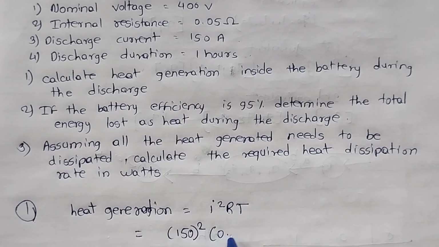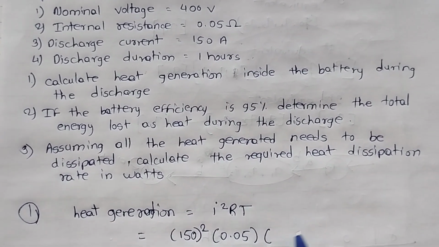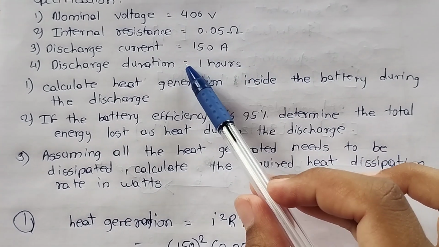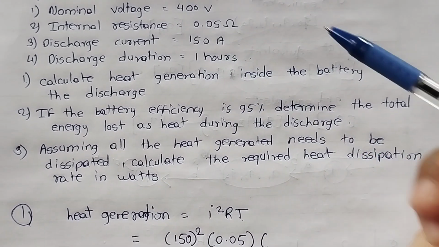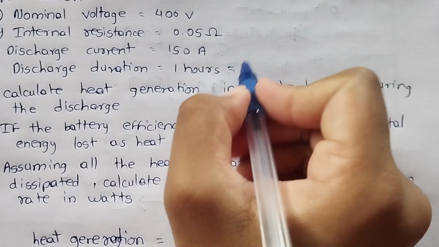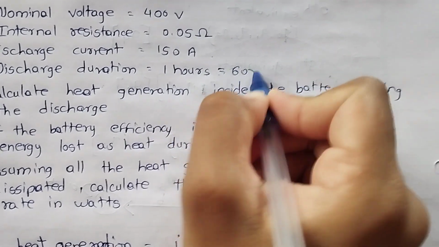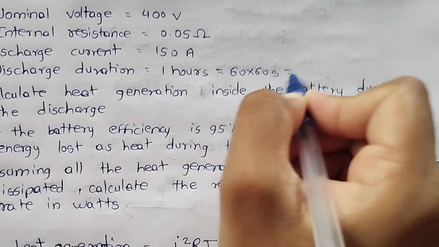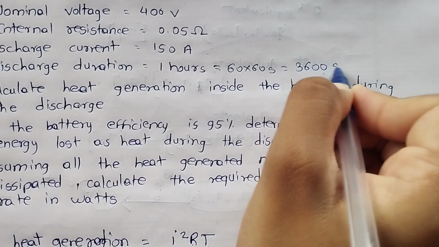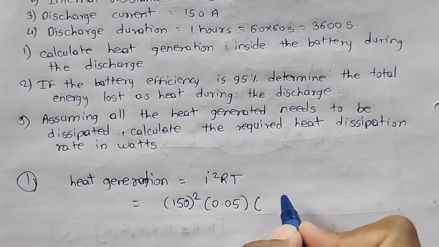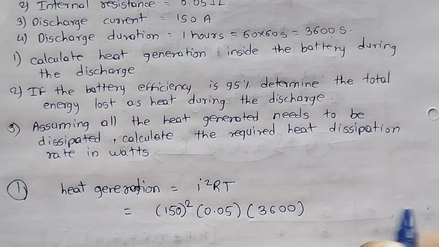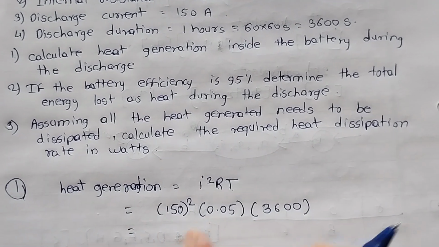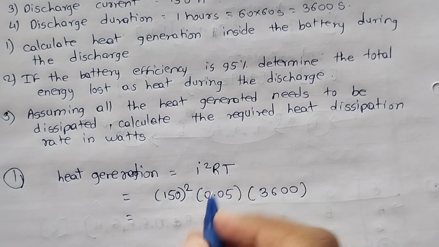So 0.05 into T. T is given in hours, so we convert it into seconds. How? This 1 hour is nothing but 60 into 60 seconds, means 3600 seconds. So we write here 3600. Now when we do this calculation, we get